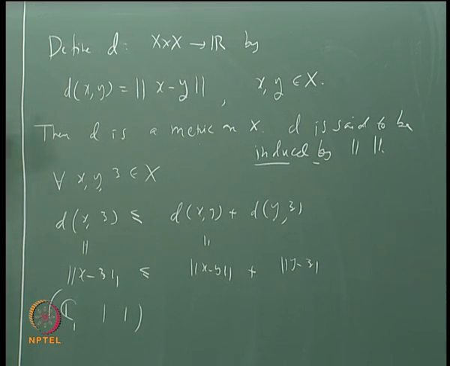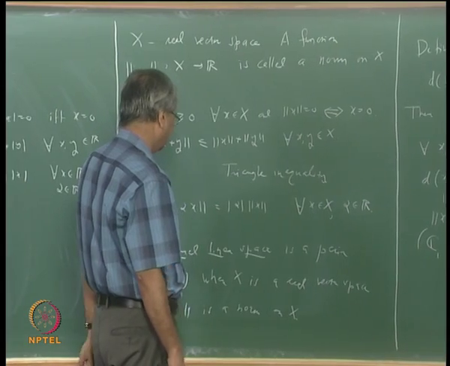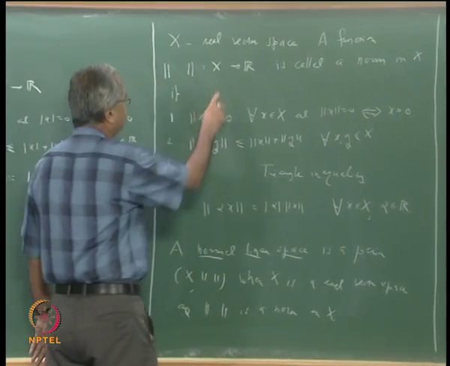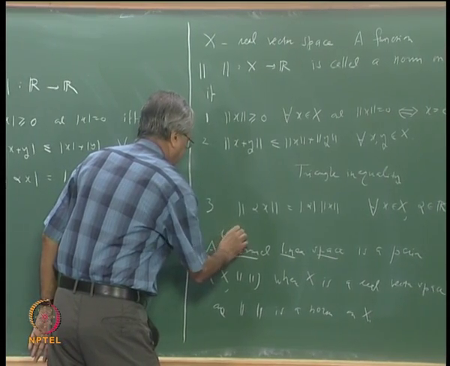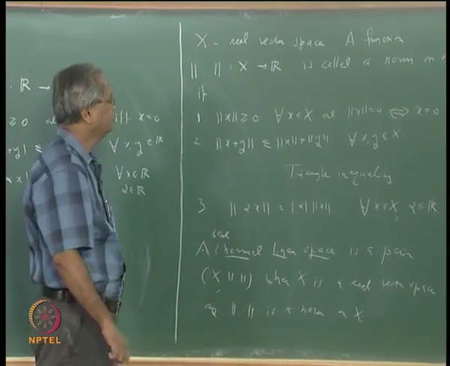And that also satisfies all these properties. So that is also a norm. So C, you can regard C also as a real vector space. By the way, what we have defined is what is called a real norm linear space, because we are starting with a real vector space.